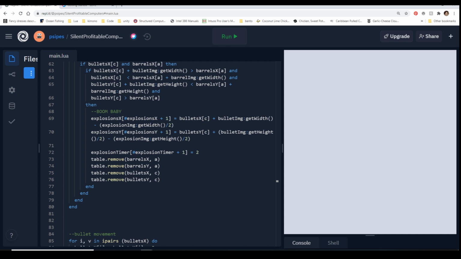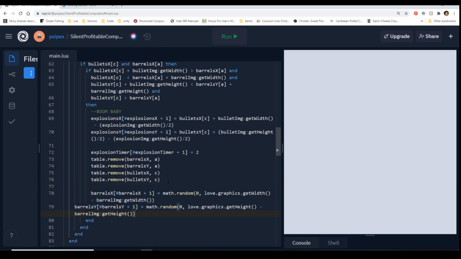What's the point of having to rewrite that like 800 times when instead we can just say barrel spawn? And you can say wherever you want to put the barrel spawn here. We can just put it at the end.